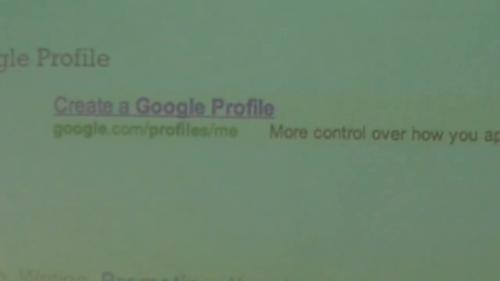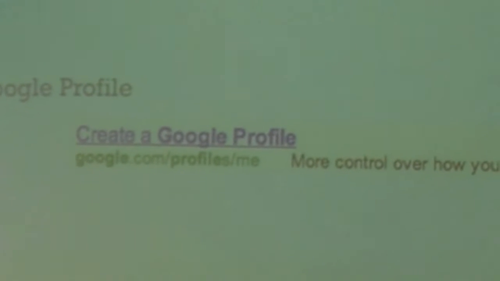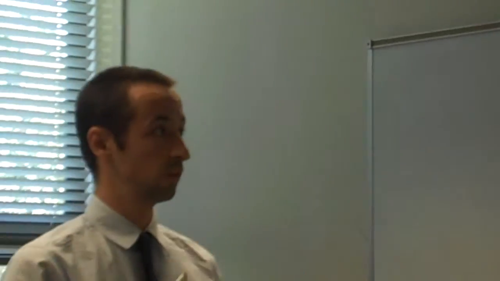So what you could do is create a Google profile to have more control over how you appear in Google search. It is a profile, and when someone Googles your name, you appear at the bottom of the first page, and you can leave your web address on that, so people can see what you have to say. The problem is that they don't really know what you're blogging about. So I think the best solution would be to use social networks to push what you have to say into your network. So, I mean, you can publish your blog address on Facebook, Twitter, Hi5, whichever